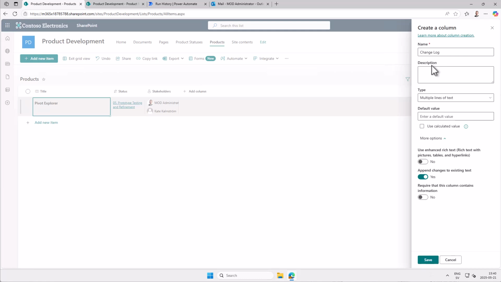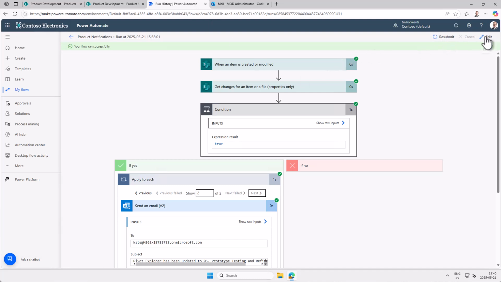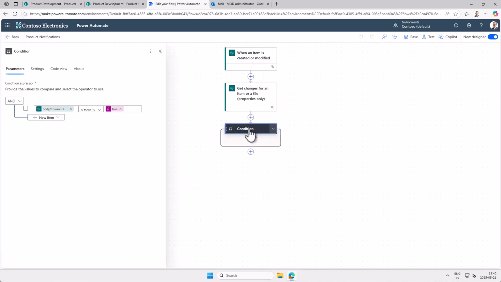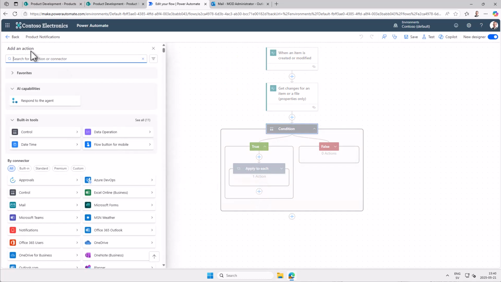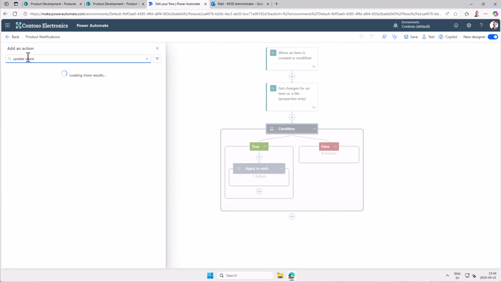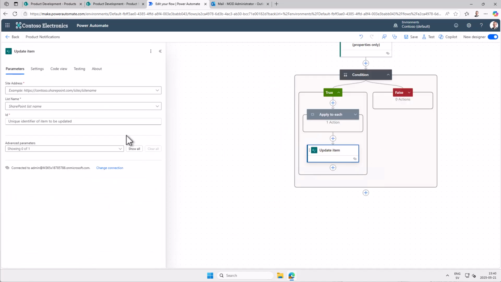So that you might like. Otherwise we can of course append to an existing text also, but this I think is more powerful and an often overlooked feature of SharePoint. So let's do that. And there you can see the entries of what has happened before in the change log. So now we're going to modify the flow here, and every time there's a change, we're going to send the emails, then we're going to update the item, update item, and it's the same site that we're working on of course, and the same list,